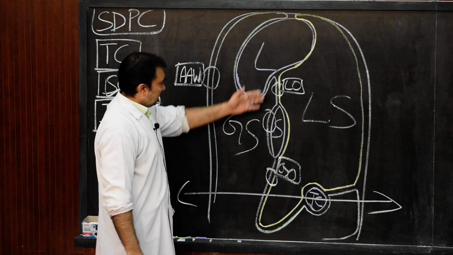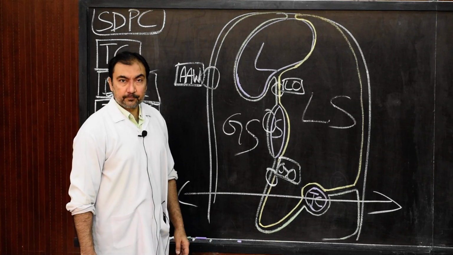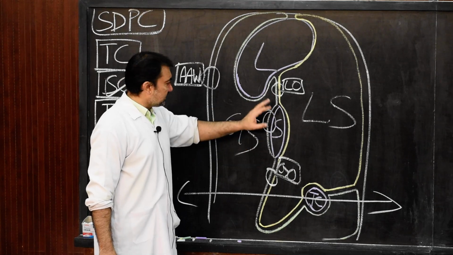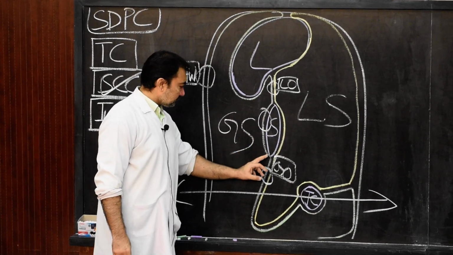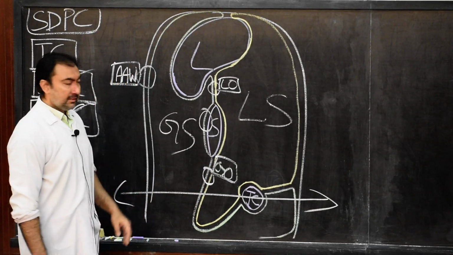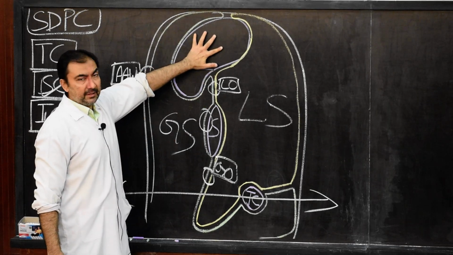So therefore, this will be the posterior boundary of the supracolic compartment. The posterior boundary will include the anterior part of the lesser omentum, the anterior surface of the stomach, and the first and second layer of the greater omentum. So anterior, posterior. Now in between there will be the presence of the liver.